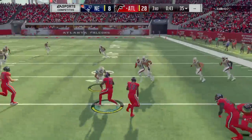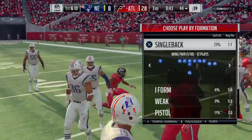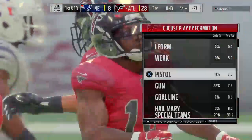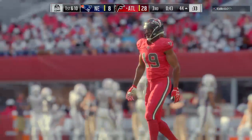And a good job here by the Falcons. Their hands team able to recover it. The risk reward of the onside kick. When you don't get it, the risk comes out to play, and here they gave up great field position. And that's the key to everything, because